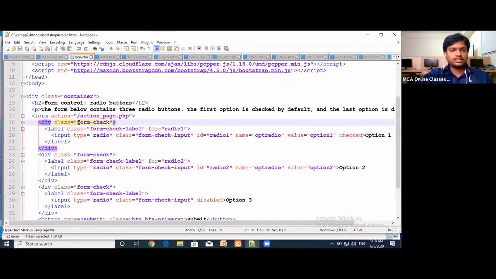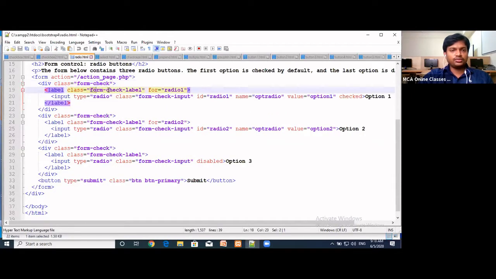The class is form-check, and again form-check-label. The type we have to mention is radio, and one more class, form-check-input.